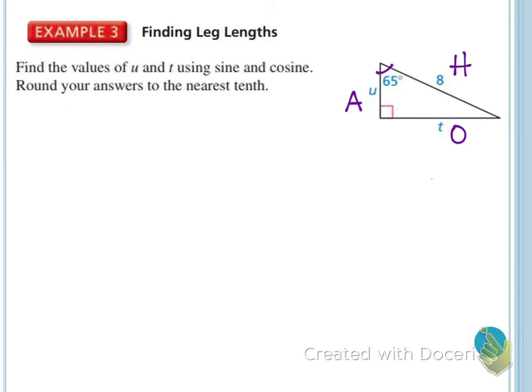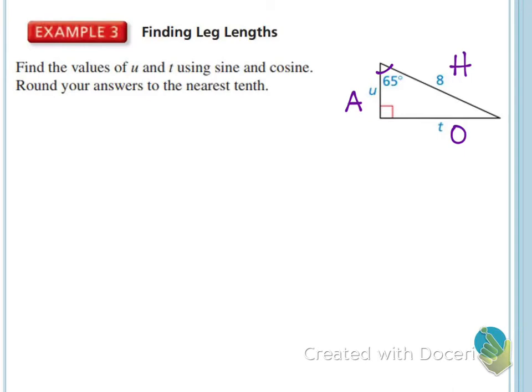Step two is to set up a trig ratio. First of all, there's 3 trig ratios for this very reason. Yesterday we talked about tangent. Tangent would not work here, and I'll show you why. Tangent of 65 would equal the opposite over the adjacent. So what would the opposite be? T, and the adjacent would be U. Do you have enough information to solve this problem? No. Not the way I wrote it. So what you're going to do is you're going to pick one variable and the side they gave you